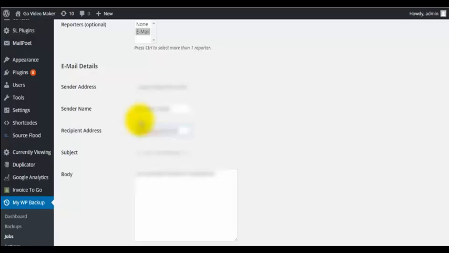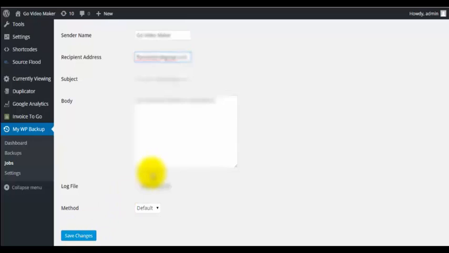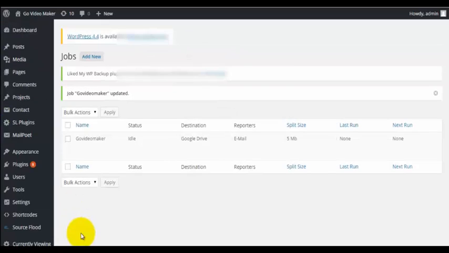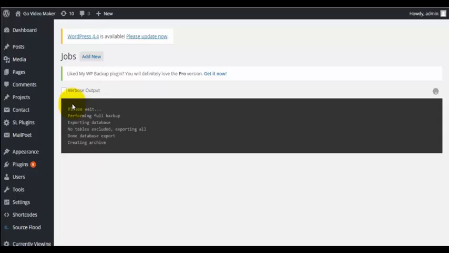You can fill up this one, then click Save Changes, then click Run Now, and then click Start. That's all. Right now the backup is running, so you can perform a full backup. So that's all for now.